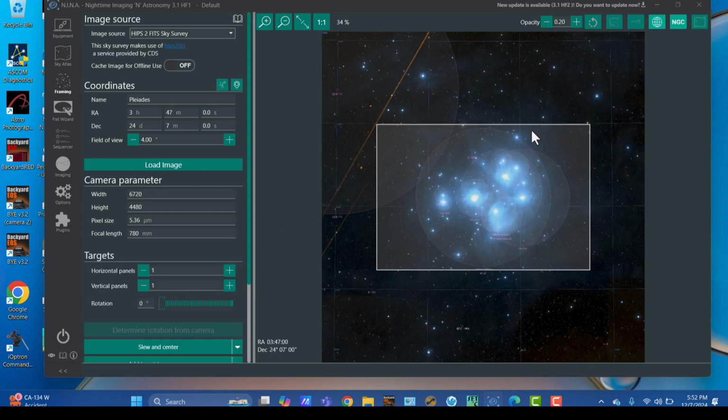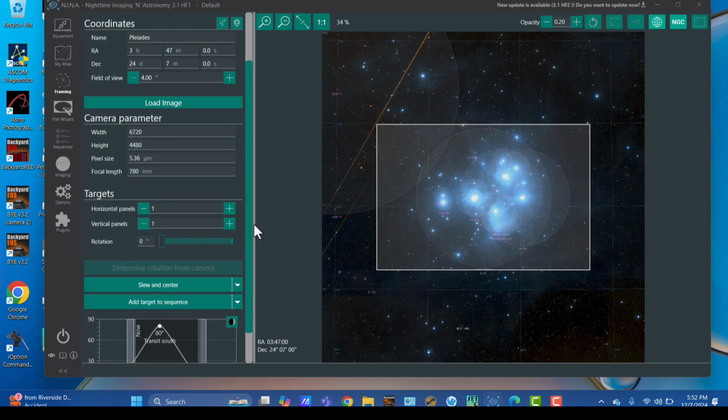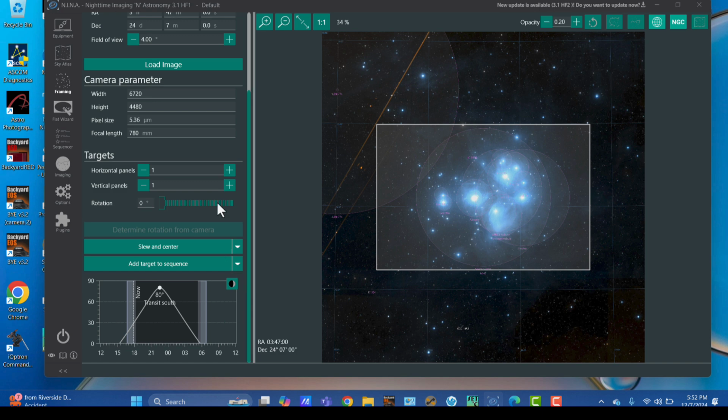Now this square that you see here is automatically generated by the parameters that you put in over here. And as you can see, the framing is pretty good right now. It fits very nicely into the field of view that's appropriate for my camera and telescope. Now, the other thing you may want to do is rotate the field of view just slightly, depending on the object. It's actually framed pretty well for my purposes right here, but the way that you do that is with this